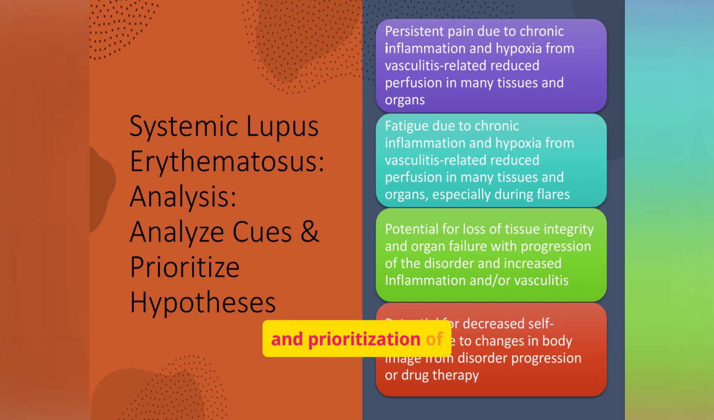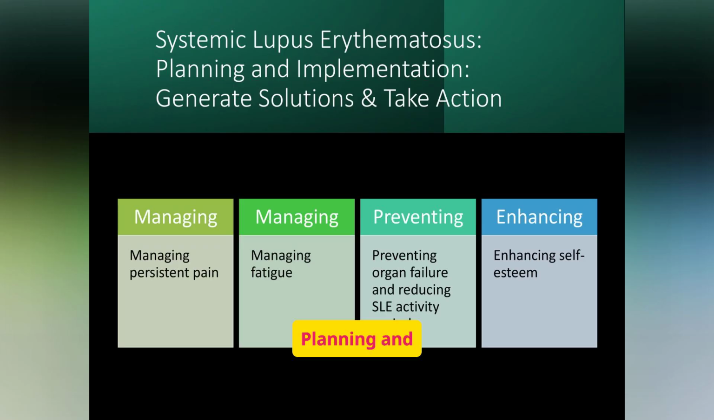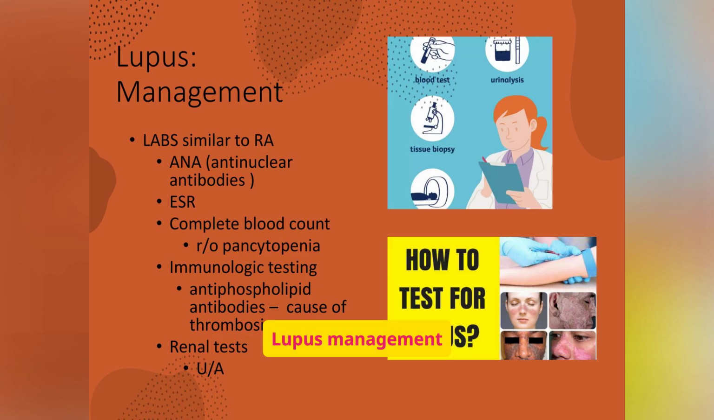Analysis of cues and prioritization of hypotheses in SLE involve considering persistent pain, fatigue, potential for loss of tissue integrity and organ failure, and potential for decreased self-esteem. Planning and implementation for SLE involve managing persistent pain and fatigue, preventing organ failure, reducing SLE activity periods, and enhancing self-esteem. Lupus management includes lab tests similar to those for RA, such as ANA, ESR, complete blood count, immunologic testing,